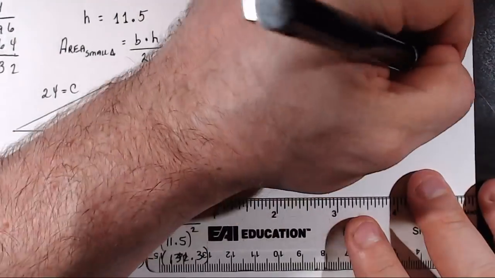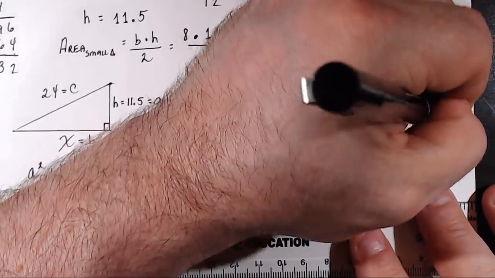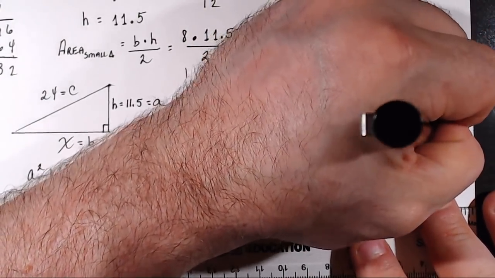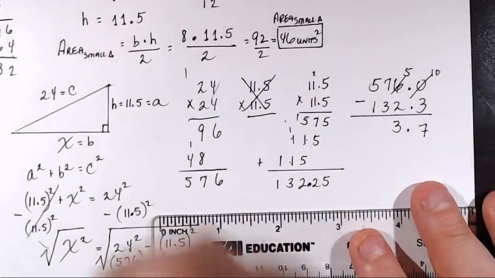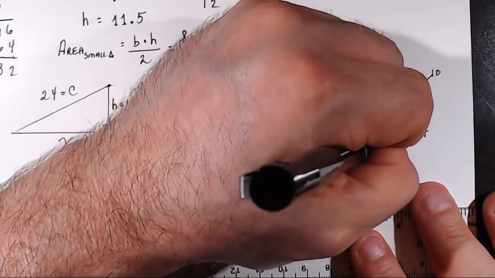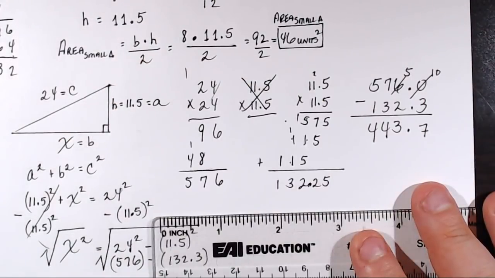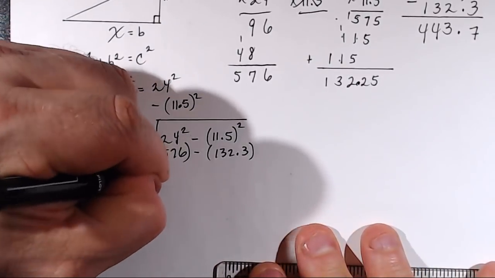All right. Borrow. 10 minus 3 is 7. 5 minus 0.5 minus 2 is 3. 7 minus 3 is 4. 5 minus 1 is 4. 443.7. Okay, so now I need to take the square root of